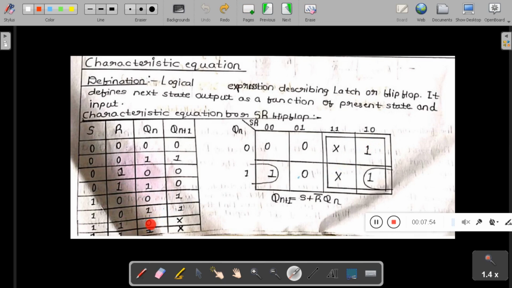And when Qn is 0 and S and R are both 1, Qn plus 1 becomes X. Similarly, you have to represent when Qn is equal to 1. When you solve this by grouping, you will get the characteristic equation for the SR latch. What is the characteristic equation? It defines the next state output as a function of the present state, or last state.